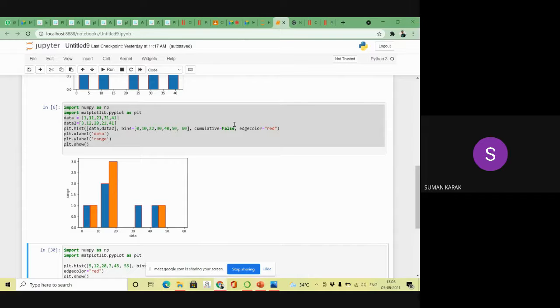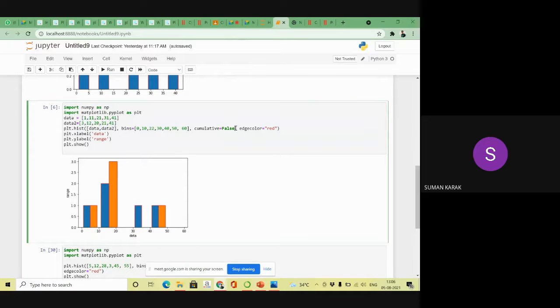Now if I use cumulative is equal to false, then what will happen? Then your similar bins will be placed together. This one is similar, this one is also similar, but this one is not similar, right? So the similar bin will be placed with this one, and the similar bins will be placed with that one. So let's see if I write the